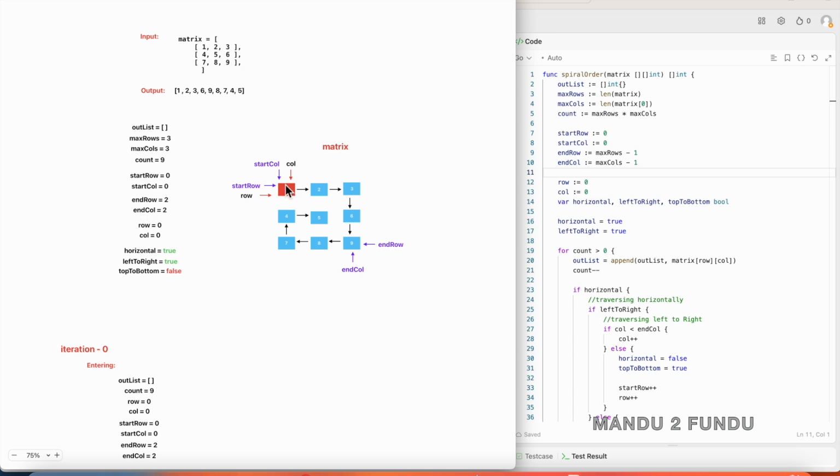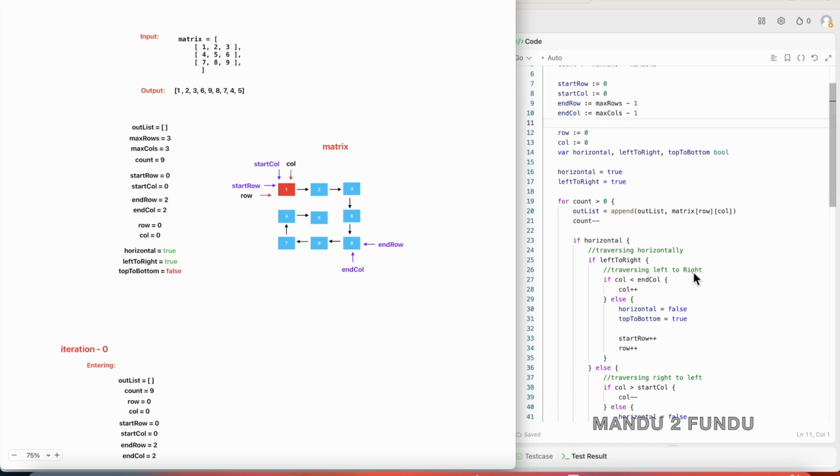Okay, so 0 comma 0 and 2 comma 2. Then we initialize the row and column index of the next element to be processed. So the first element is the top left cell, so the row is 0 and the column is 0. First, the traversal is done horizontally from left to right, so that's why horizontal is set to true and the left to right direction is also set to true and the top to bottom flag is set to false. Okay, so now